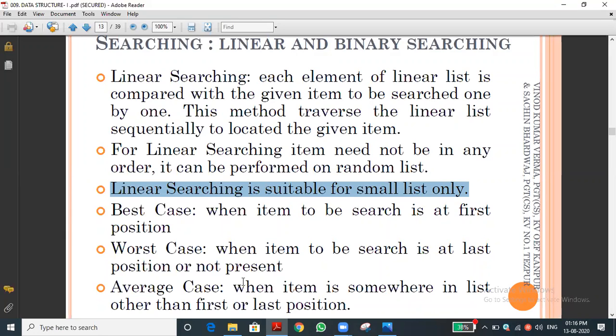Worst case means, suppose our person lives in the 50th house or 50th floor, then it will be worse. We need to search one, two, three, like this, because we have to go one by one in order. The linear search, I'm saying. Last only we are finding. I'm searching from the ground floor onwards. That is called the worst case.